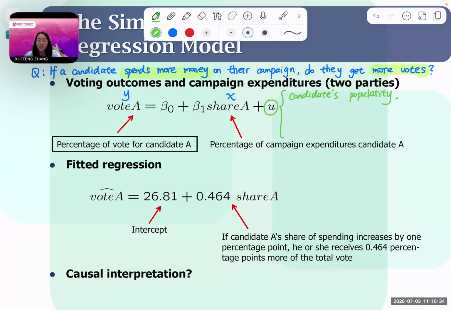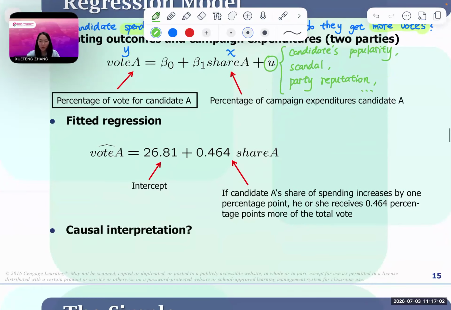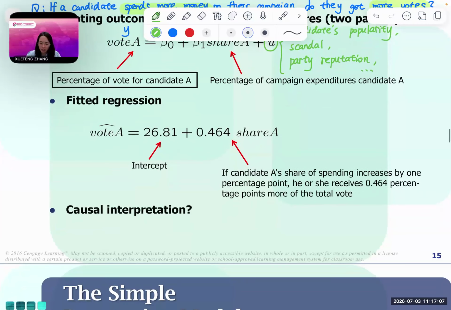And scandal or the party reputation, okay? The party from the candidate. Party here means political party, okay? Reputation or economic conditions, etc. So the OLS results show that beta 1 equals